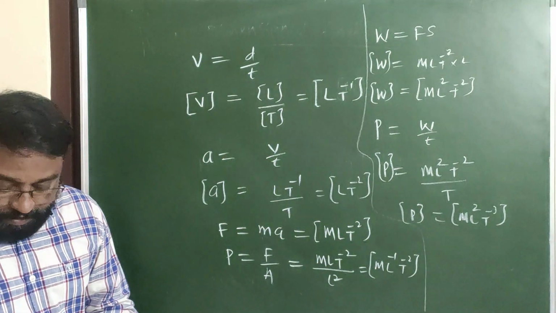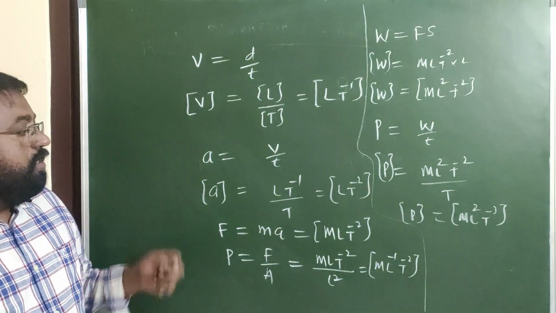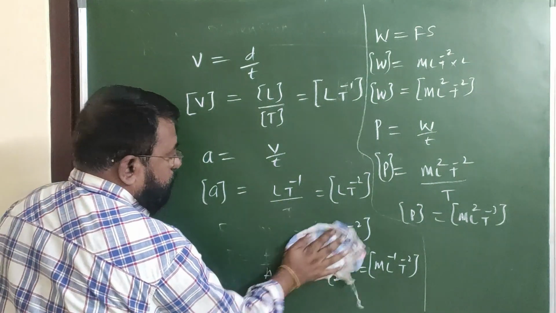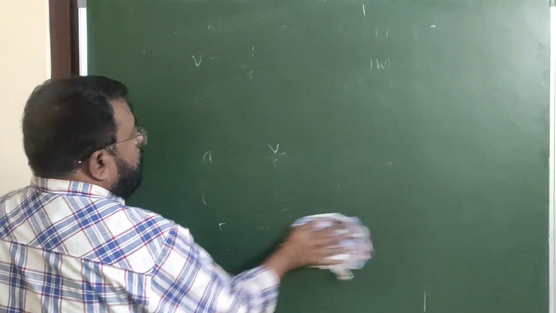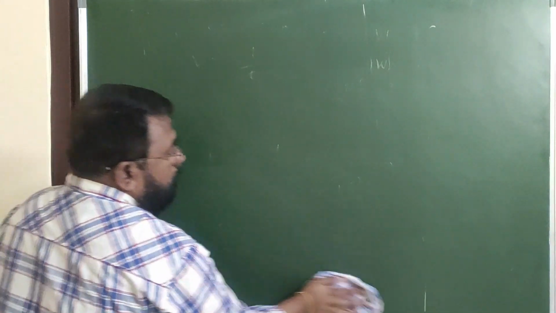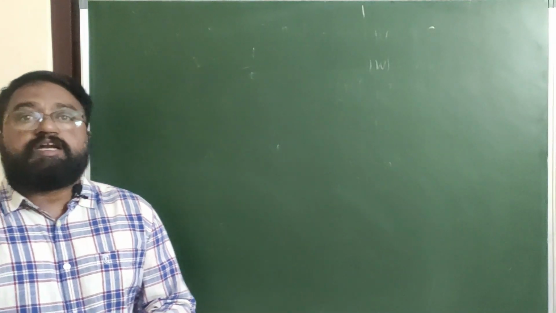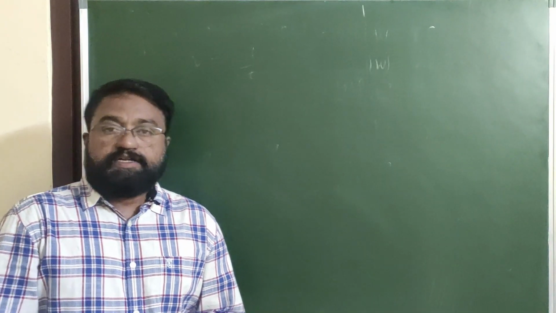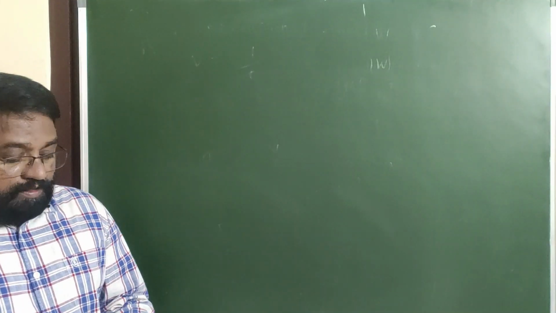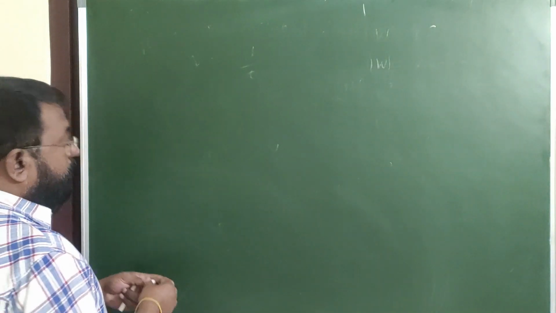These are the derived physical quantities. Mostly we can use them in mechanics. See, other derived physical quantities, these we can use in electricity or magnetism. For example,